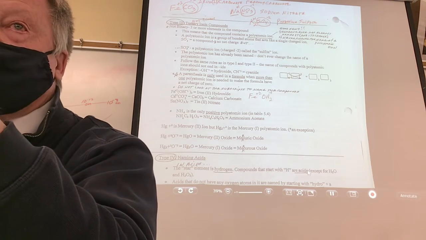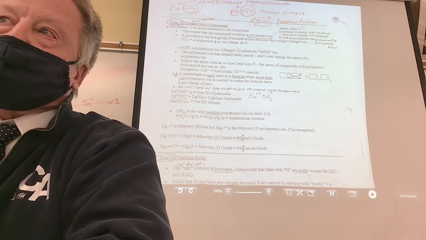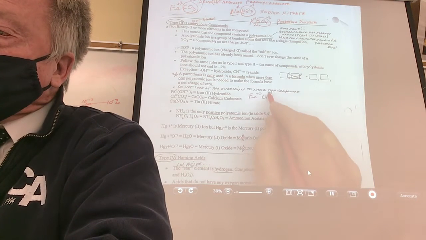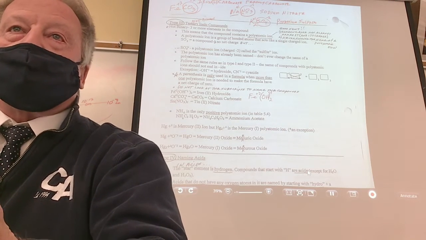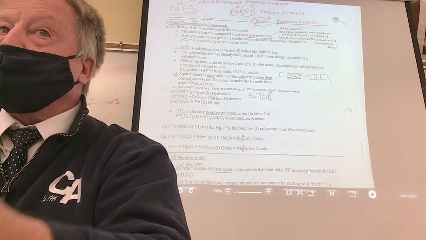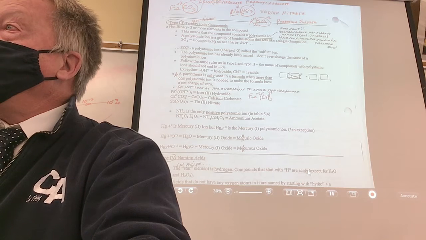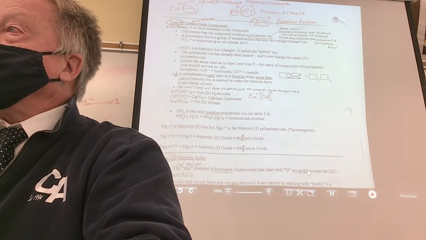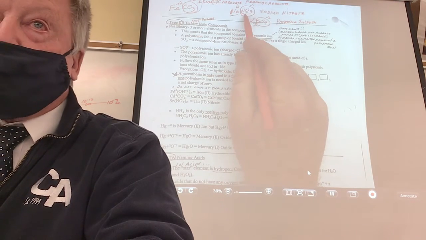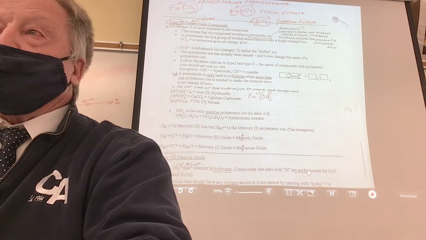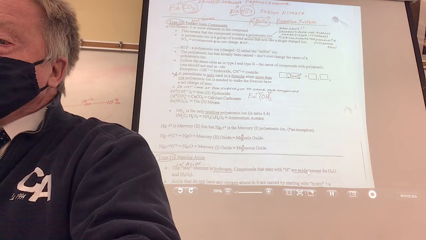So, that's always a test question: when's the only time you need to use parentheses when you write a formula? When you need more than one, fill in the blank. The only time I use parentheses in a formula is when I need more than one polyatomic ion. And I'm not being mean, but if you were to put parentheses around this, I'd count it wrong because you didn't need more than one nitrate. You only use parentheses if you need more than one of the polyatomic ion, and I did. All right,